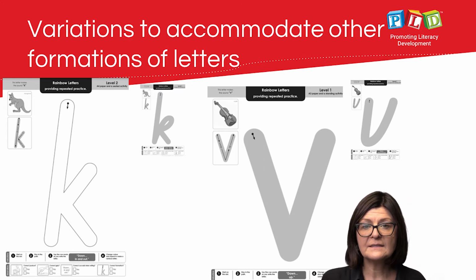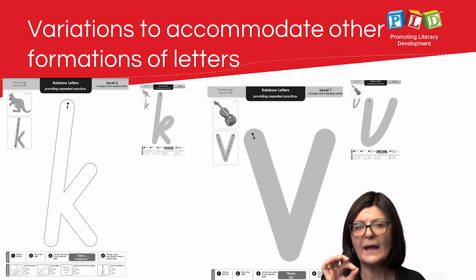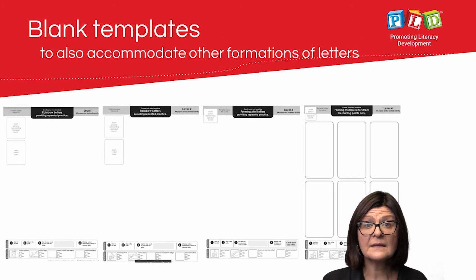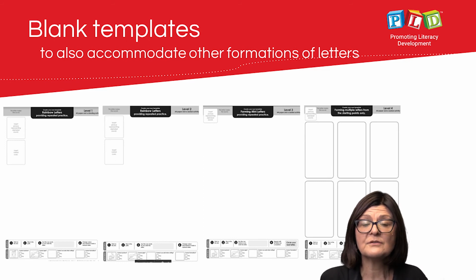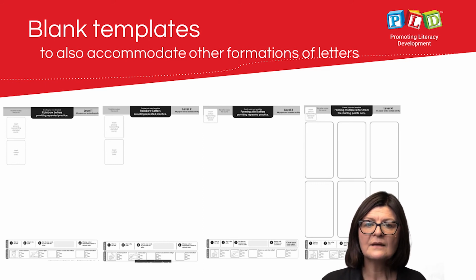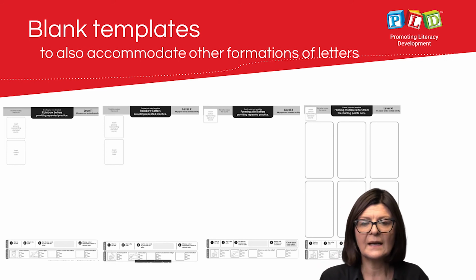K, where it's quite straight, or K with the rounded formation, and V comprised of quite straight lines, and V that has a rounded formation. In the situation that a variation is not provided, because there are so many different types of fonts used around Australia, there are blank templates, so that the variation in letters, should it exist, can be made up in